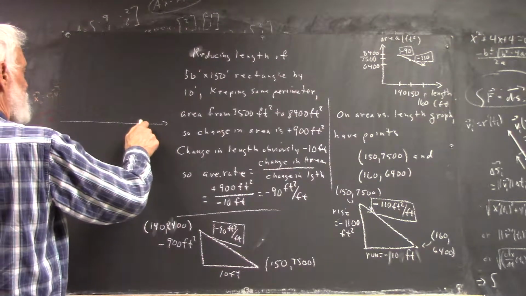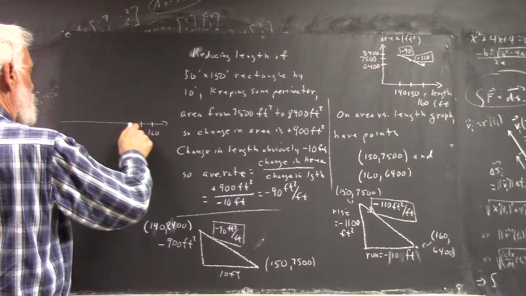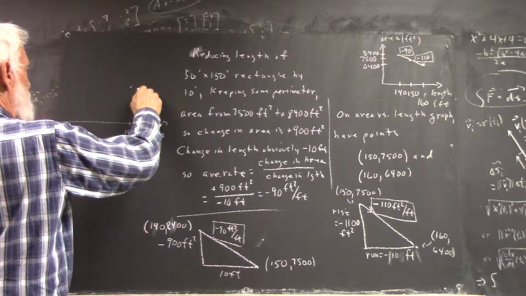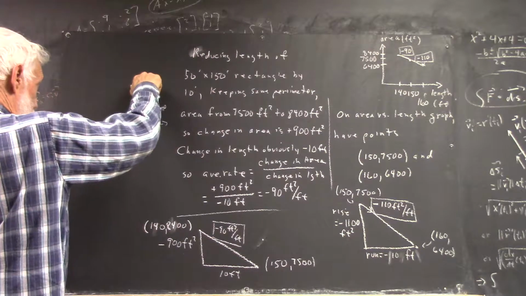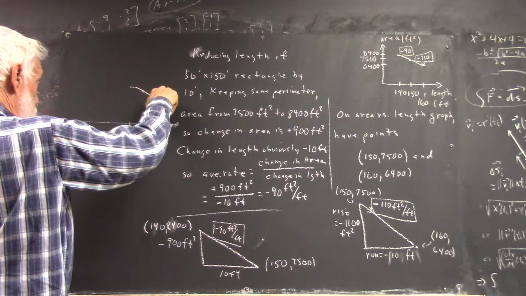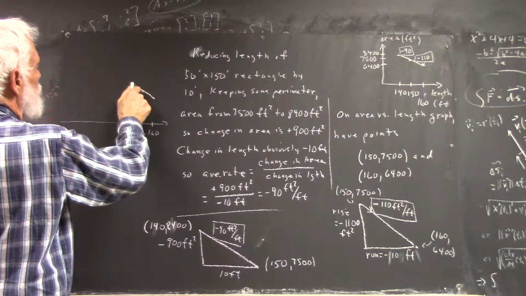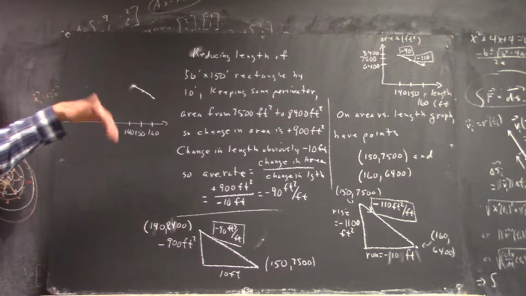Now, if this is, say, 150 here, 160 here, 140 here, and the graph is, I'll exaggerate the steepness. If the graph is doing this sort of thing, tending to curve downward faster,